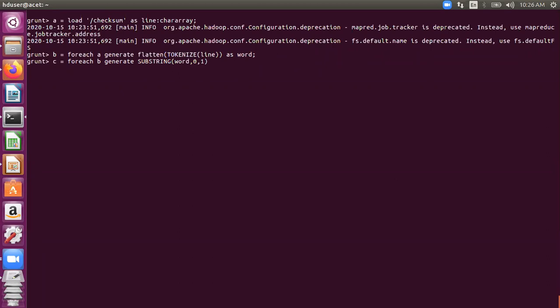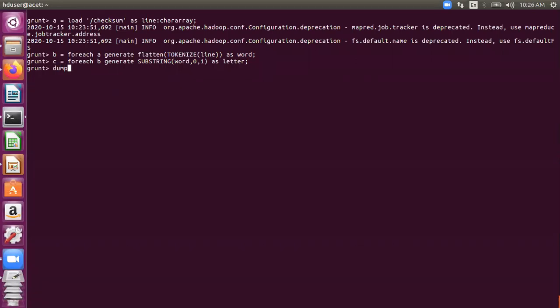Is that fine? Yes, all of you have a look, from word, starting from 0 and picking up only 1. So that means the first character we are picking up. Okay? So this we do. I'll be dumping both the outputs. First the B output, in which we flattened and tokenized.